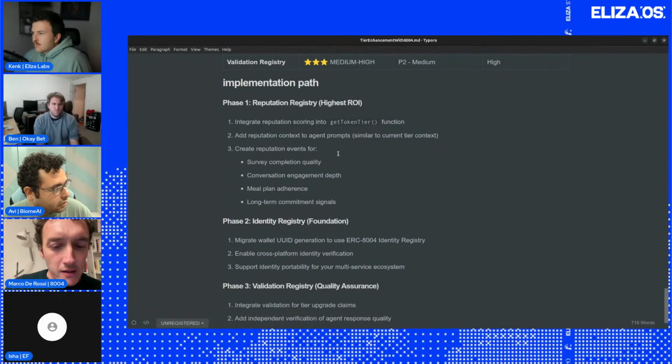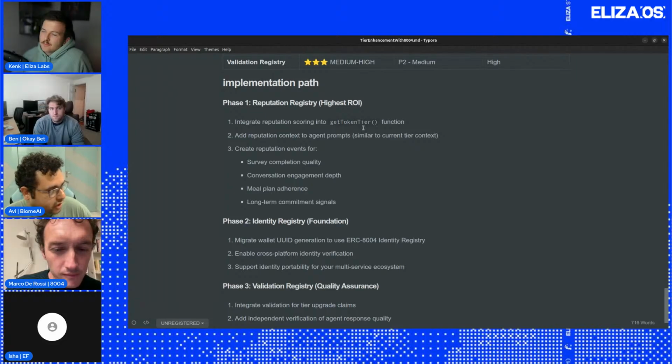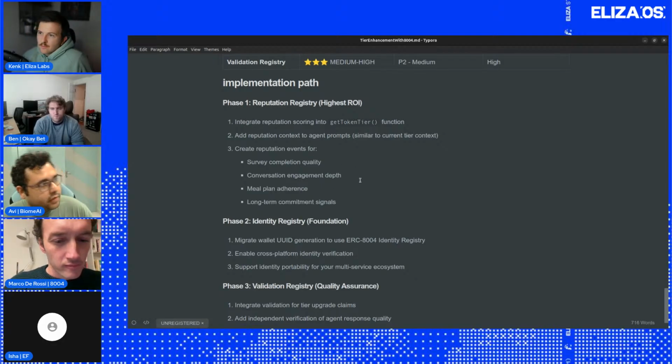First, we integrate reputation scoring into the token tier retrieval function, then add the reputation context to agent prompts, and then create reputation events for survey completion quality. Basically, for the users who participate in the surveys, we could assess their quality based on this reputation registry, and then conversation engagement depth.